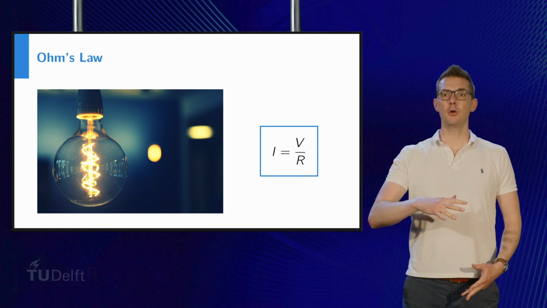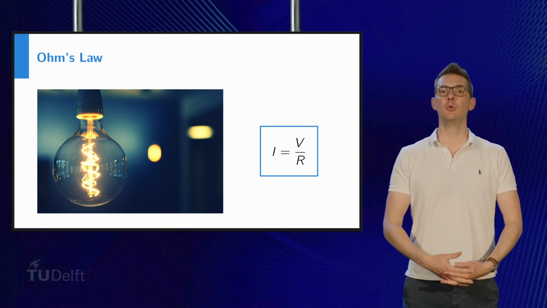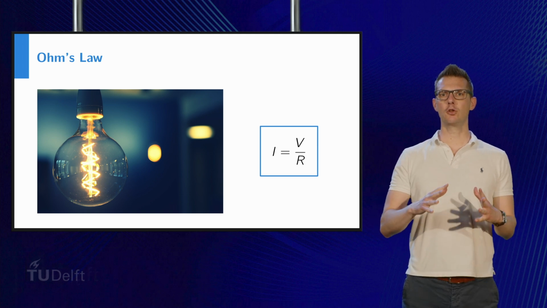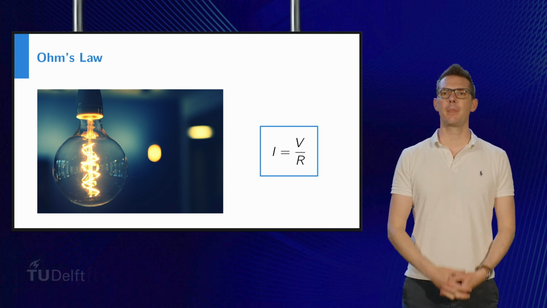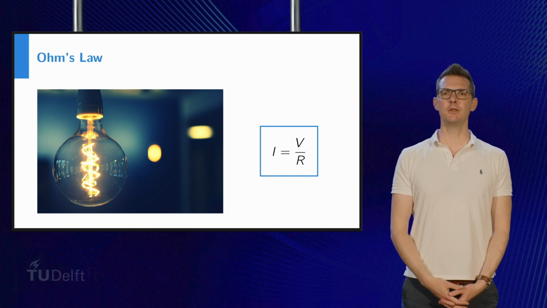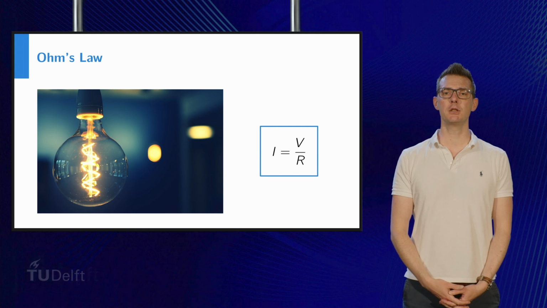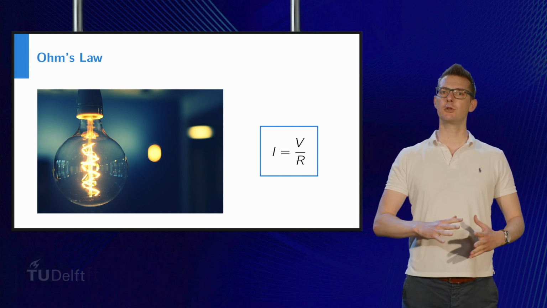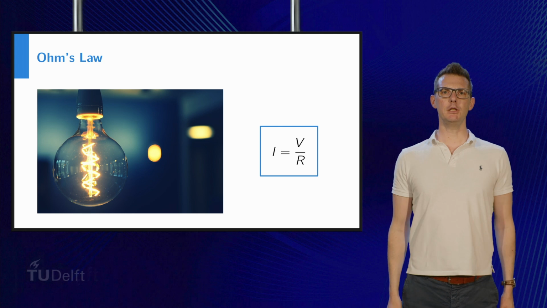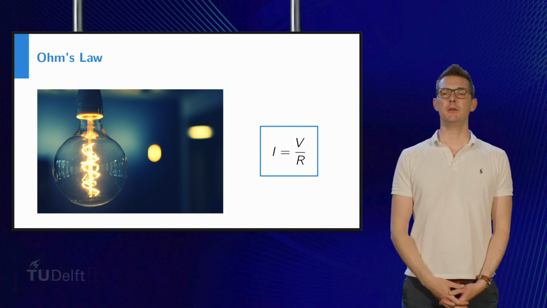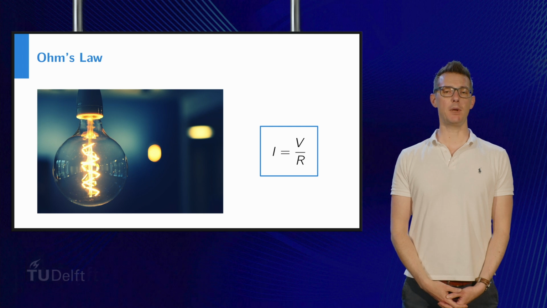The electrical current depends on the voltage and on the resistance of the conductor. If the voltage increases, then the current will increase as well. However, if the resistance would increase, for example, because the temperature of the conductor increases, then the current would decrease. So apparently the electrical current depends on the voltage and the resistance. Now this is why we will call I the dependent variable in this equation and V and R the independent